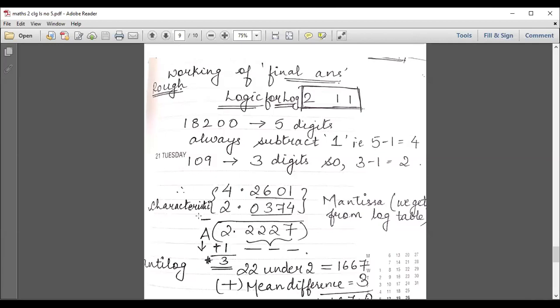Division का sign था. So in logarithm, the division gets converted into minus. याद रखना ये बात. Okay, so there was division का sign, that is why we changed the division into subtraction. If there was multiplication, then we would have added them. We would have used plus symbol in place of that. यहाँ तक clear हुआ? How to remove the characteristic? Okay, now I'm coming to the mantissa part. For that, I'll show you the practical demo. Just give me a sec. Okay,